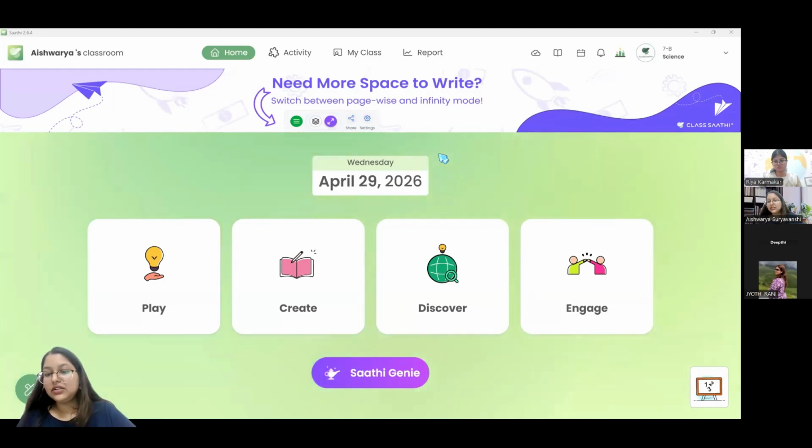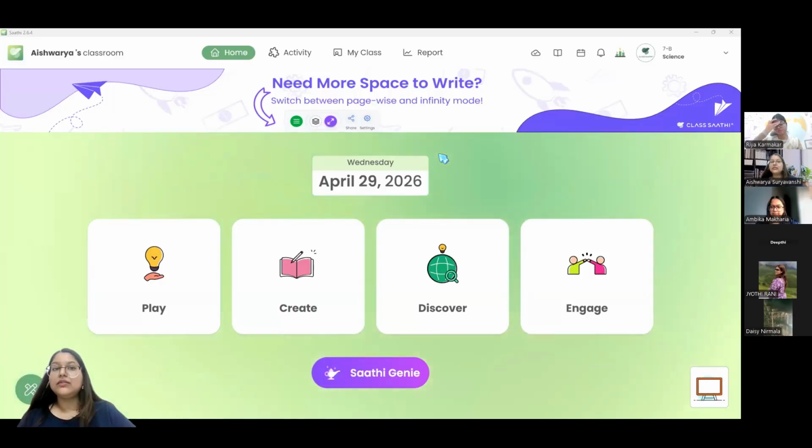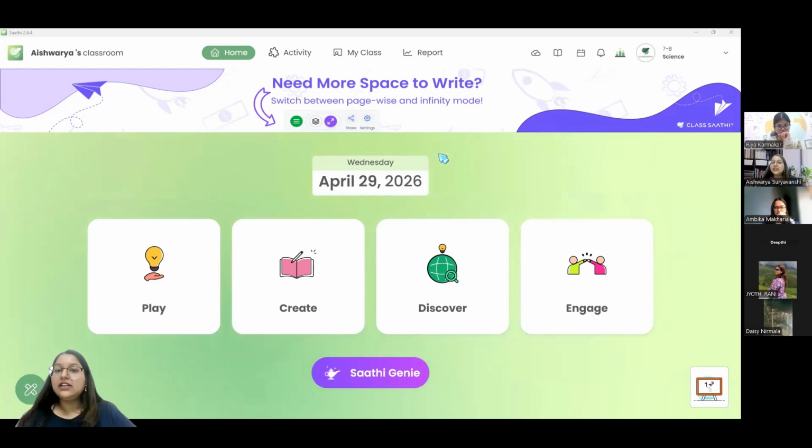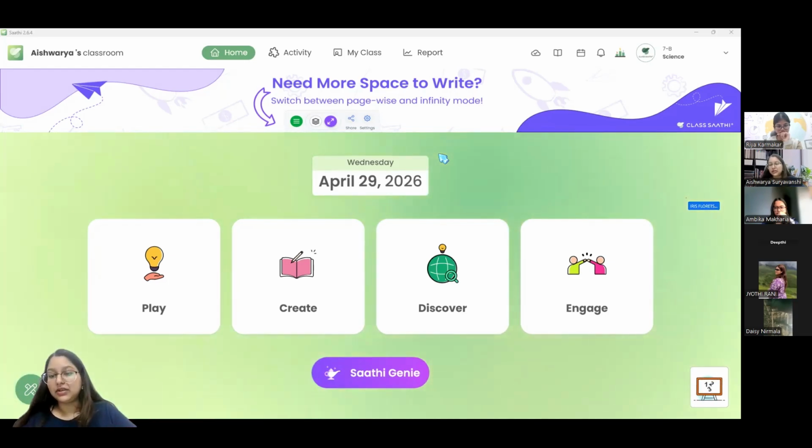Yes, we can use it on the website, but we always recommend using it on the application, because the website depends completely on the browser. So if your browser closes on its own, or if there's a network fluctuation, the browser won't be able to sustain the application when the network is off. If you're using the installed application and there is a little bit of fluctuation on the particular device, it will still work. So I suggest that we use it on the application itself rather than the browser.